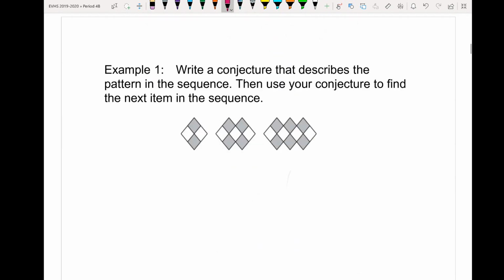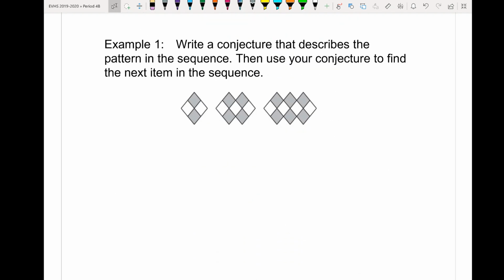All right, here we go. Write a conjecture that describes the pattern in the sequence. Then we're going to use our pattern to find the next item. So what are we actually doing to get from item 1 to item 2? Adding 3. Okay, it looks like we're adding this piece here and this piece here, right? So we're going to add 2